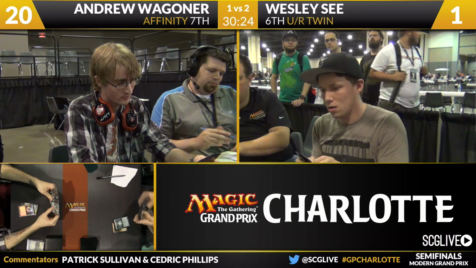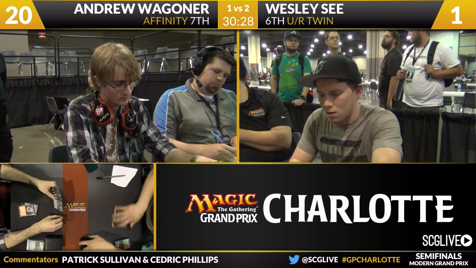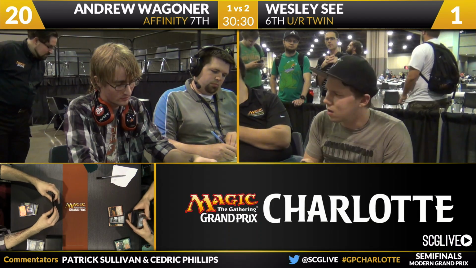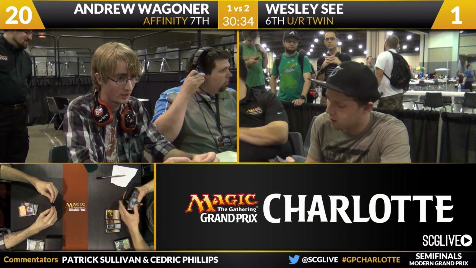I think on that previous turn Andrew needed to make that Ravager large enough to trade with the Spellskite, to force the Spellskite into a chump block there rather than being able to stay alive. Because if Wesley has